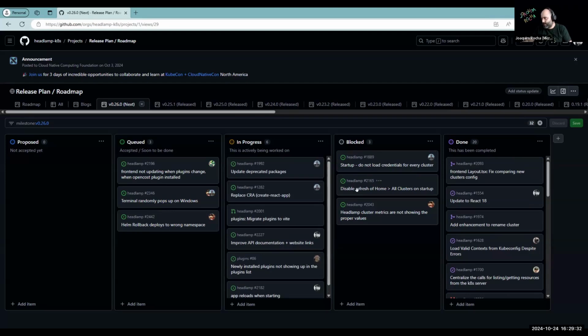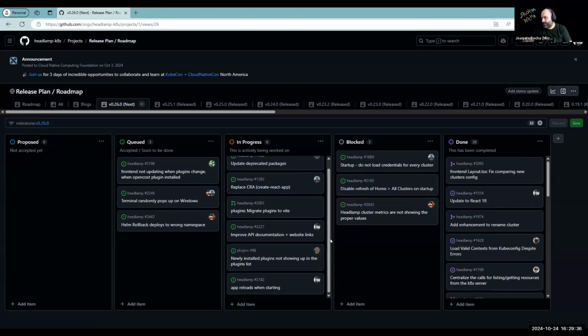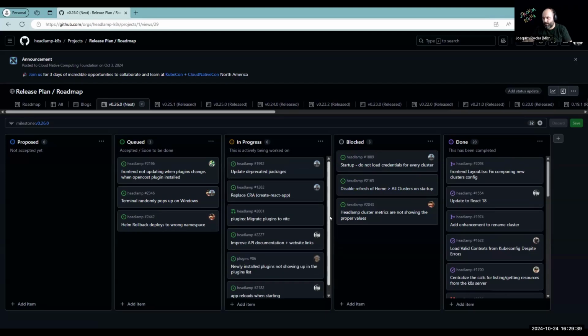Yeah, and we're working. Rene here in the call is working hard on some features. I don't want to commit and say it's going to be in this release, but if it's not this one, it's the next one. But the idea is to use the cluster in an aggregated way. We're still doing some tests in terms of performance and stuff. But the idea here is that you can see